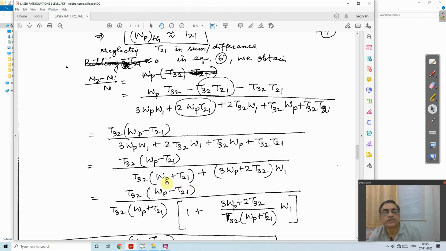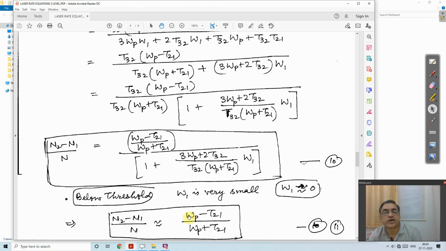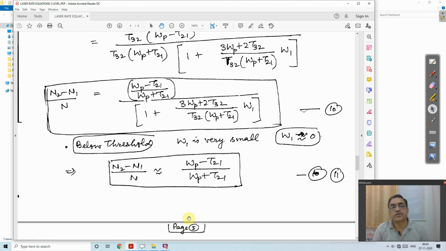And by pulling it out, WP plus T21, I write it in a very simplified form. Below threshold, the pump rate W1 is very small,